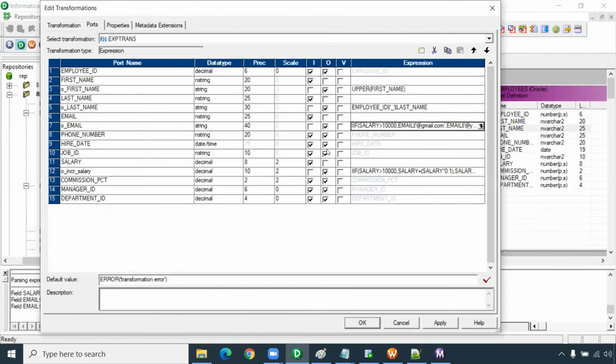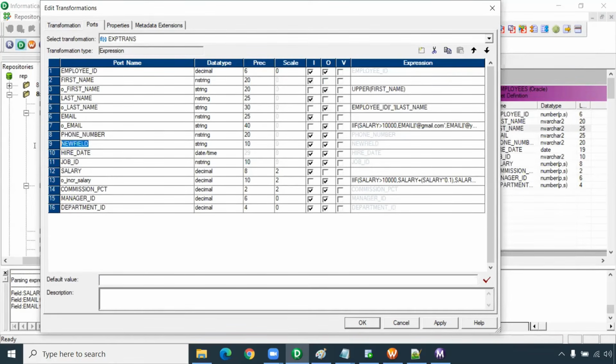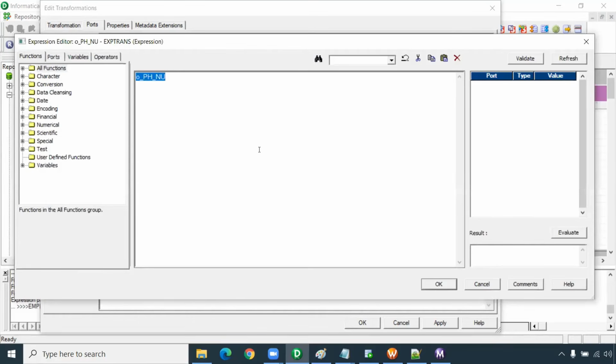And click on OK. Then phone number. You can click here and add a new port below that, O underscore phone underscore number. It is not necessary that we have to keep it the same; I just have to add some characters, right? I can make it 25 characters, and apply the logic. What is the logic? +1 hyphen. It's a hard coded value, right? So you can use single quotes, +1 hyphen, single quotes.